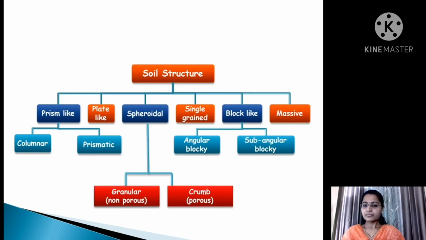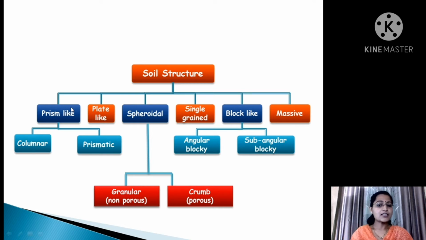Before going to that, firstly we focus on the detailed classification of soil structure, which is basically divided into 6 classes: first the prism-like, second the plate-like, next the spheroidal structure of soil, single grain, block-like and massive. Out of these 6 classes,